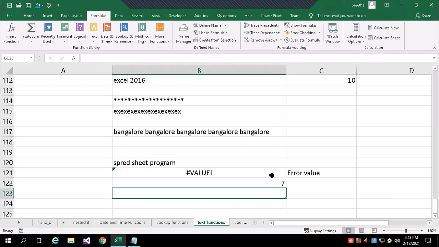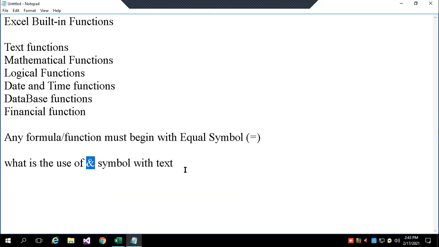That means I'll get the position it is present at, counting from the left side, 1 2 3. Both functions are for searching purposes, search and find. Both are to search specific text.